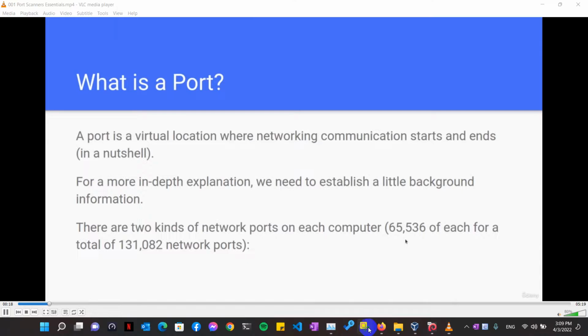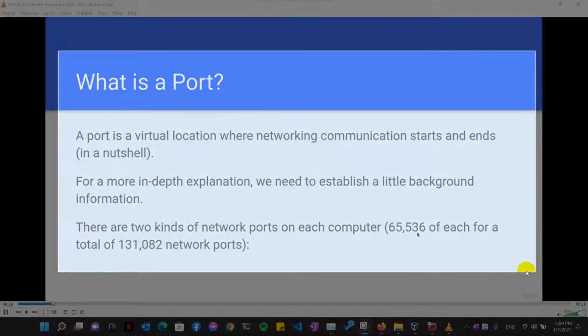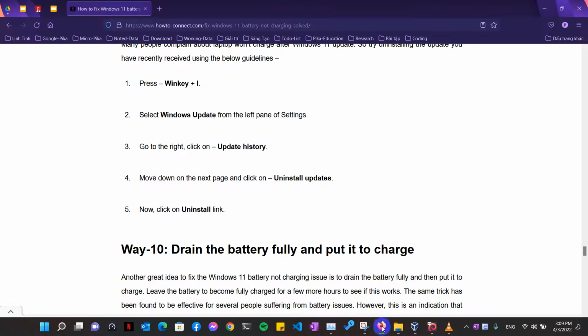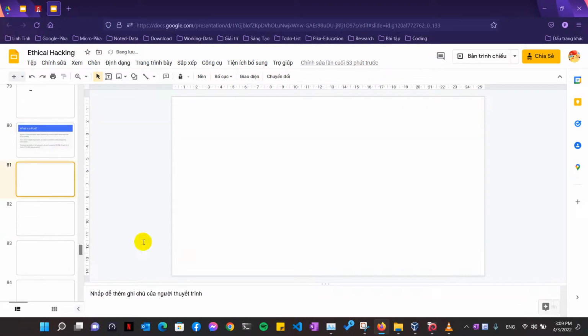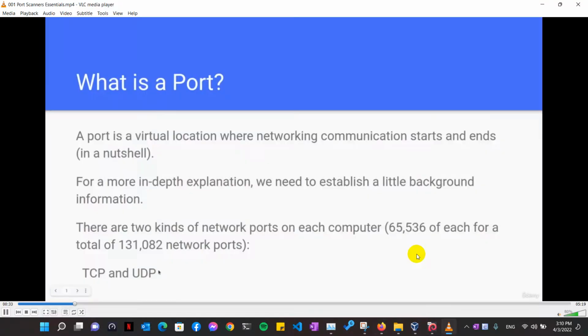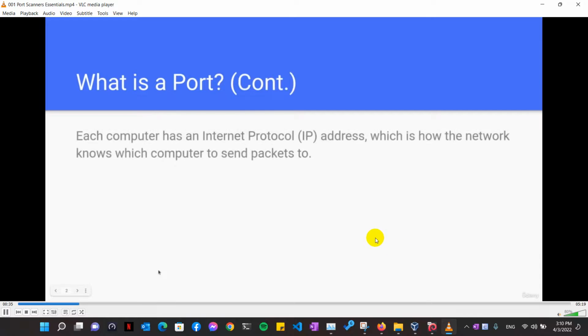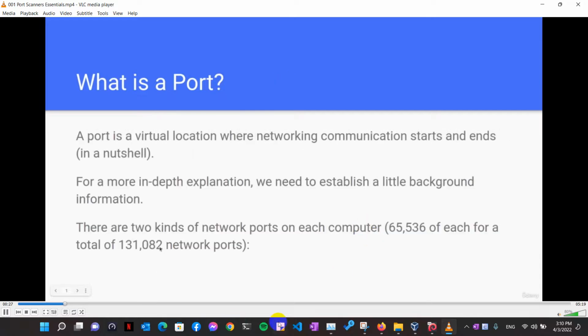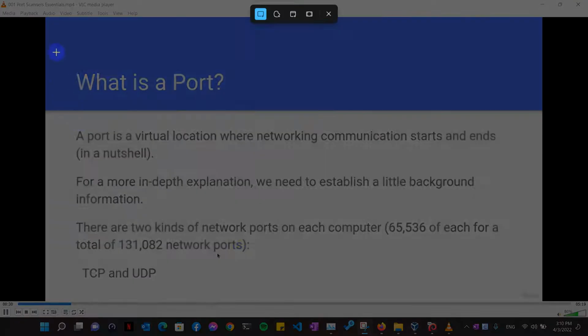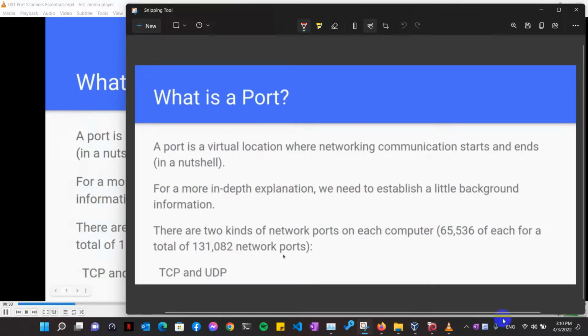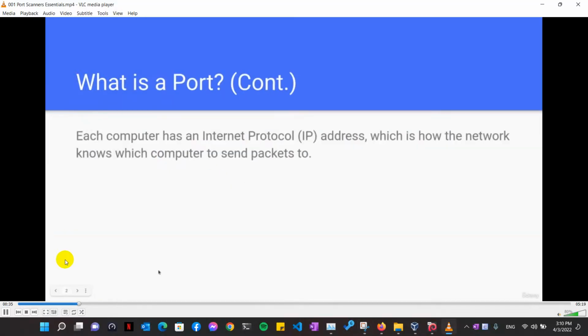computer, 65,536 of each, for a total of 131,072 network ports, and these are considered as TCP and UDP. Okay, now each computer has an internet